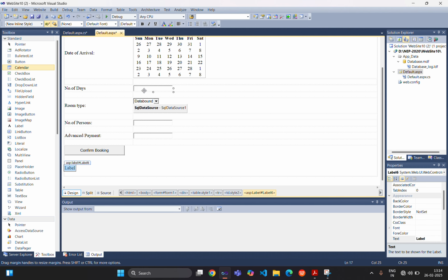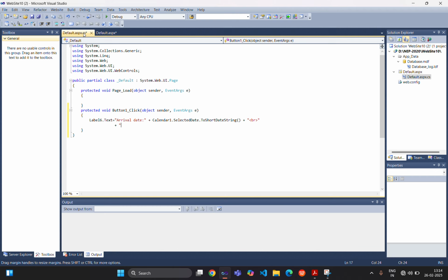The second one was number of days. It is text box 1. So text box 1 dot text, plus